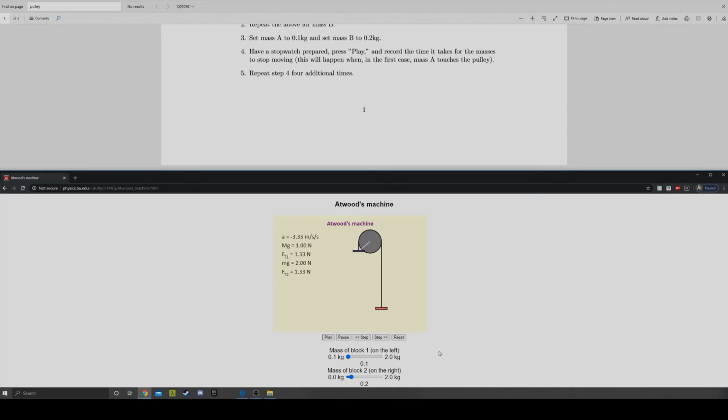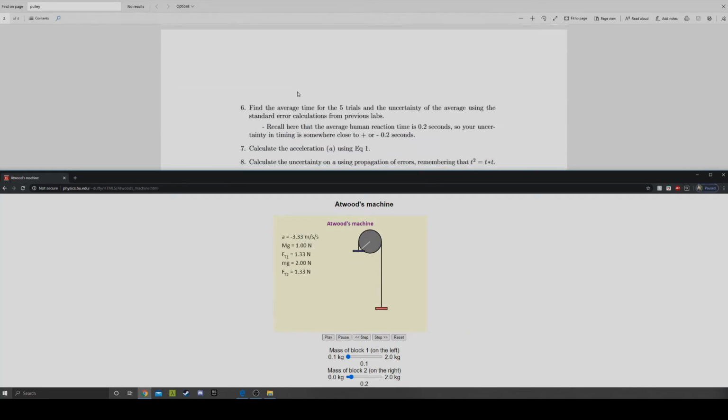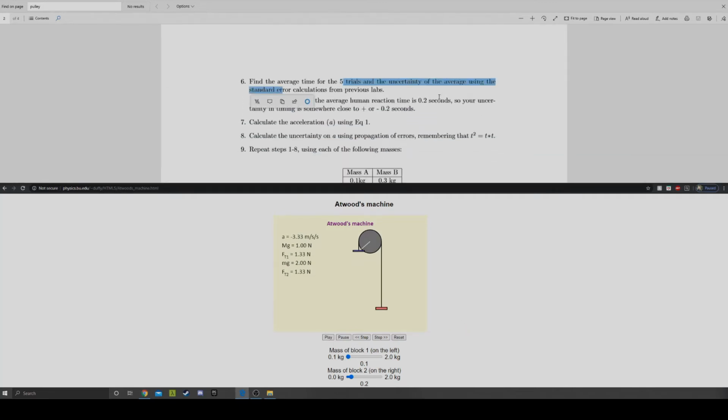Okay, I got 2.07 seconds for that one. For the third trial, I got 2.04 seconds for that one. For the fourth trial, 2.03 seconds. And for the last trial, 2.11 seconds. So what you're going to do then with those measurements is find the average time of those five